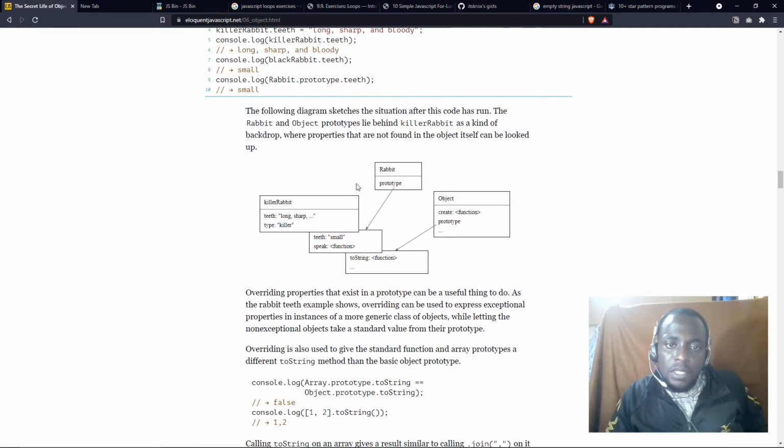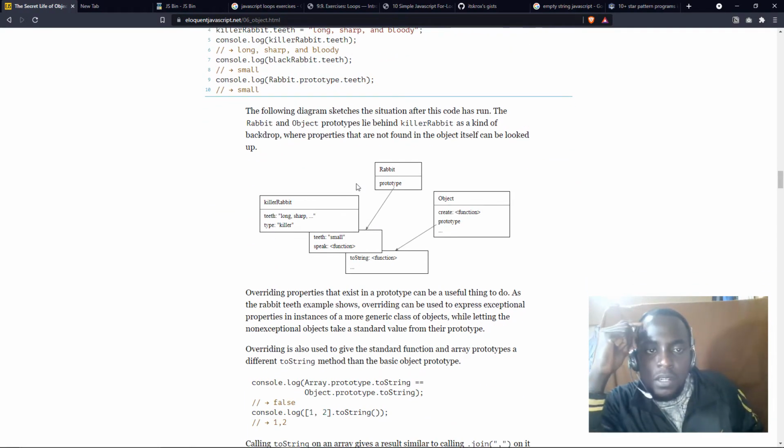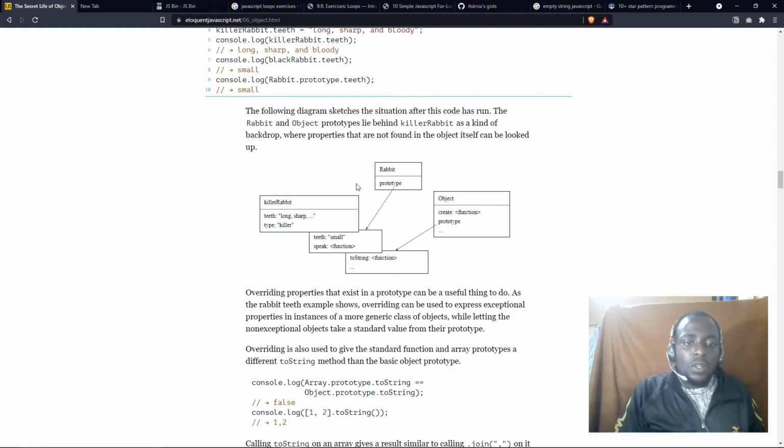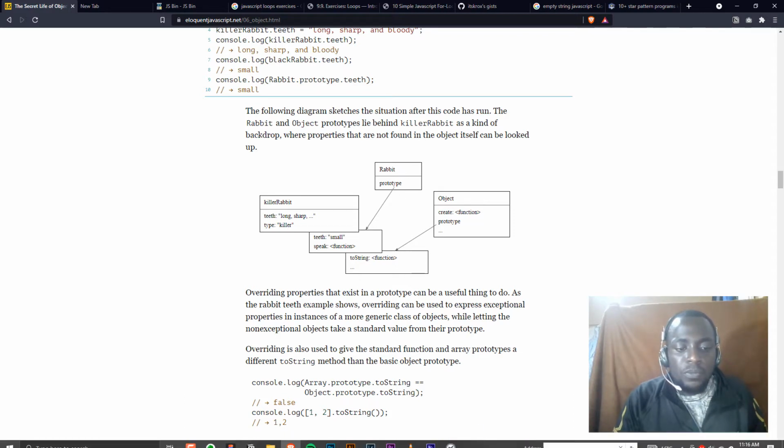The following diagram sketches the situation after this code has run. The rabbit and object prototypes lie behind the killer rabbit as a kind of backdrop, where properties that are not found in the object itself can be looked up. So this killer rabbit has a bunch of object properties like teeth and type, and this rabbit prototype has